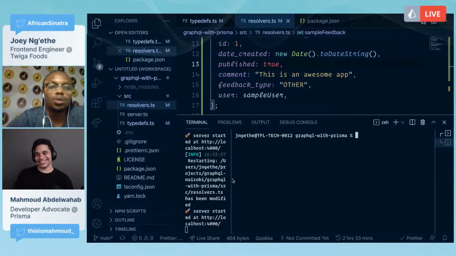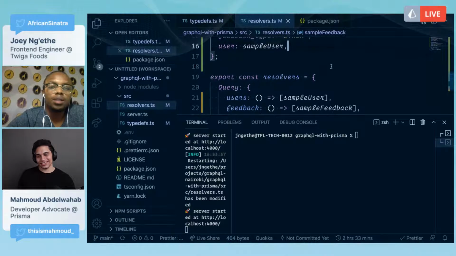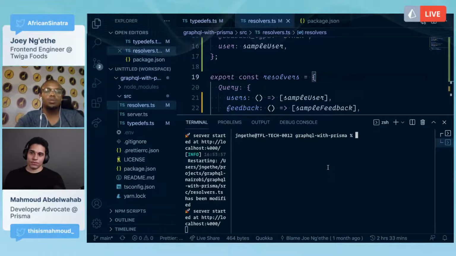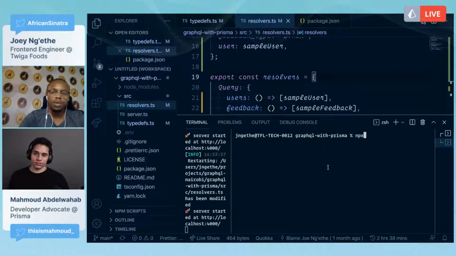Cool, great. So the first thing we want to do is, we already have Prisma installed on here, but we want to instantiate Prisma. Prisma has some really cool dev tools, or CLI commands, that you can run, and it can do some scaffolding for you and get you started. For us, we're going to run npx prisma init. I'm just going to run this.